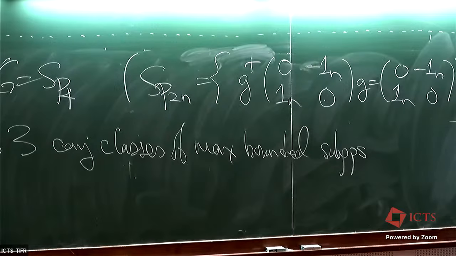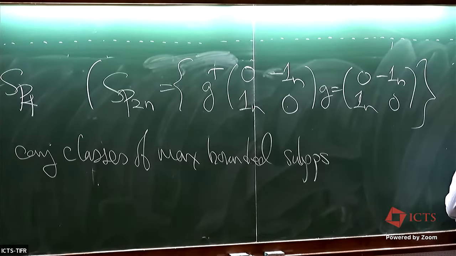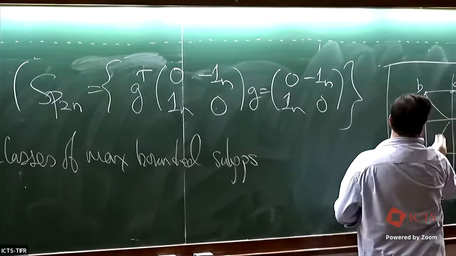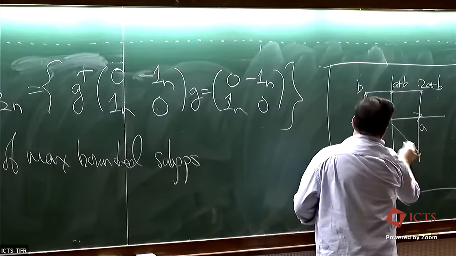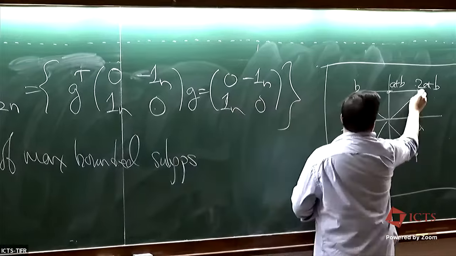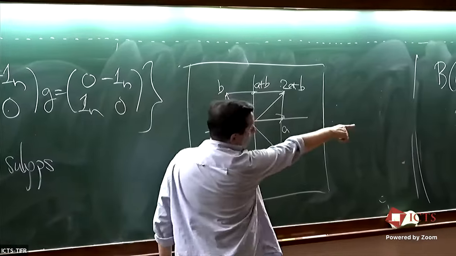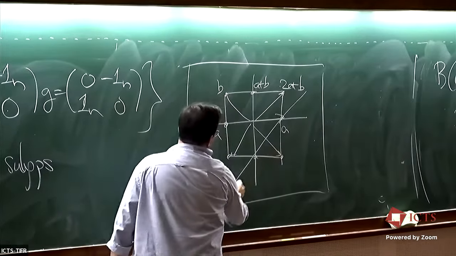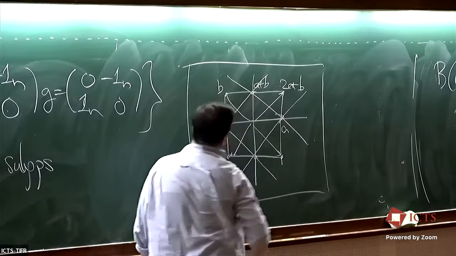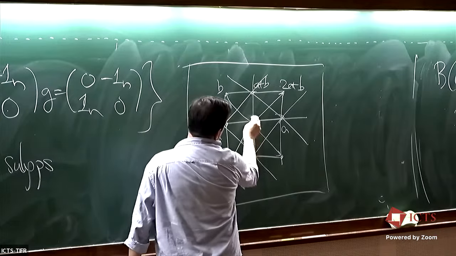So let's get this: A, B, A plus B, 2A plus B. And if you draw in these affine hyperplanes, you get some extra lines like this moving in parallel above and below,